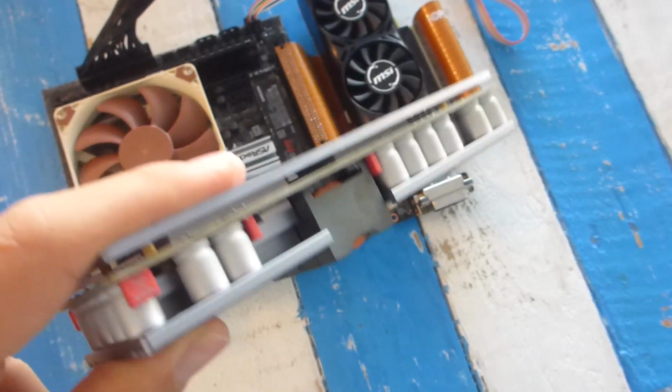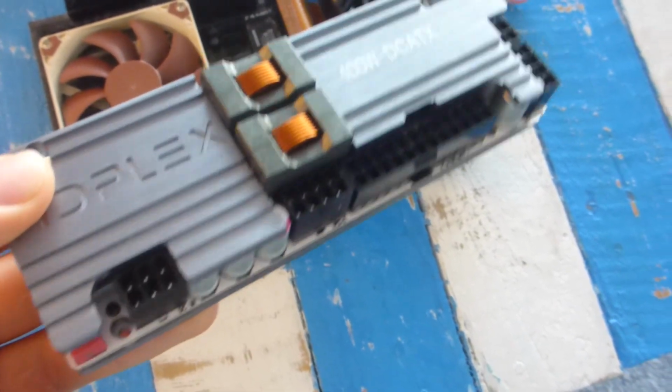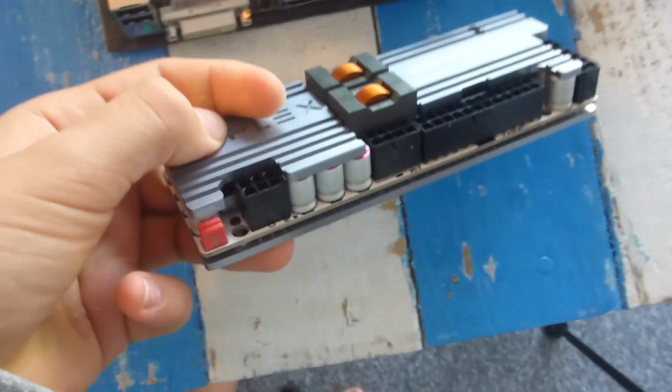Okay, so I just got something in the mail, and it is the 400 watt DC ATX power supply. This is what I'm going to be using for my Xbox build. The first thing that I notice is its extremely well build quality, and on the left you have your power